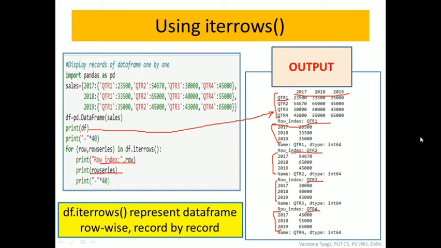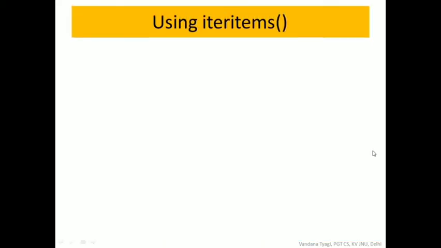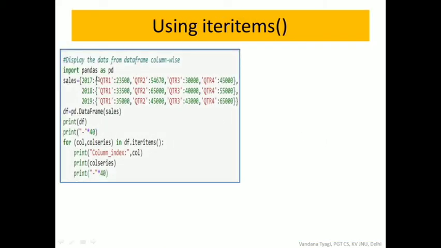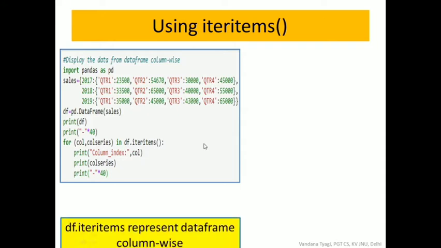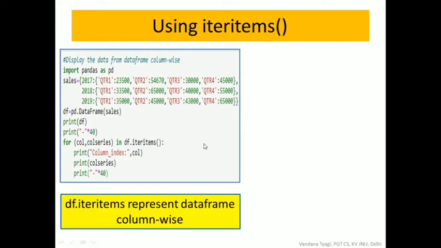Moving on, how do we do it column wise? Using the iteritems function. Again the same code is there. We create a nested dictionary and from there we create a data frame using pd.DataFrame. Now coming to this part, for col, col series in df.iteritems. This method will pick up a column index, storing the column label in col and the values in the format of a series, and once we print it, we again get column wise access of the data. Let's see. So it is presenting the data frame column wise.